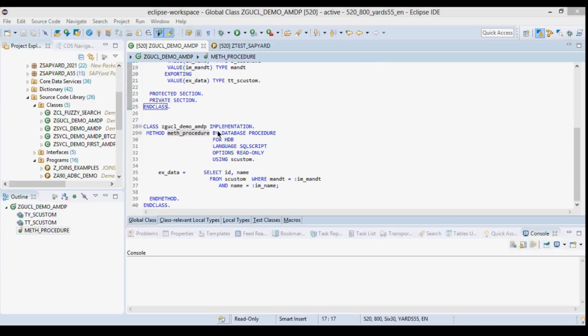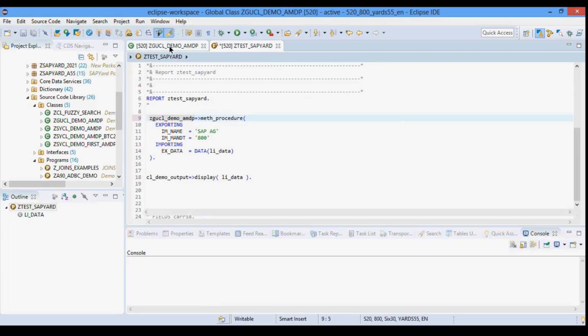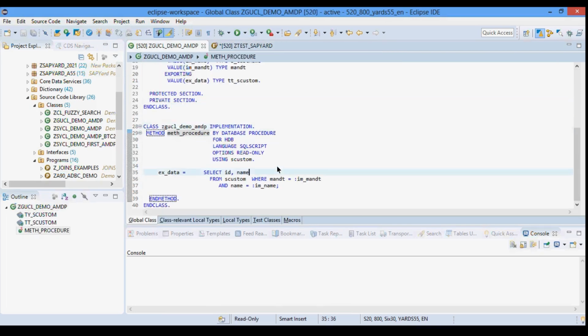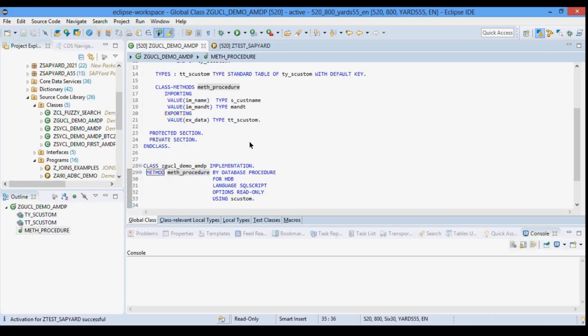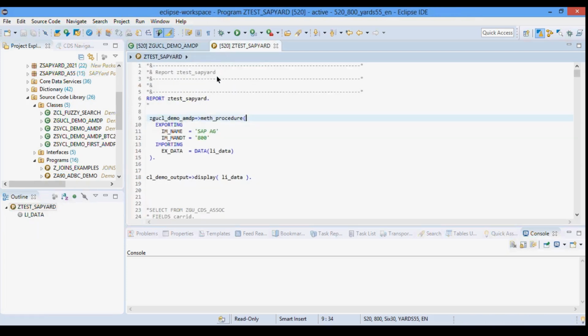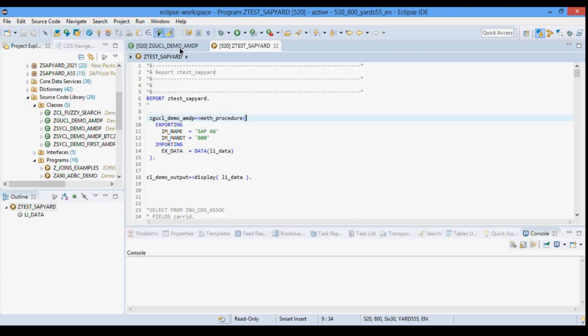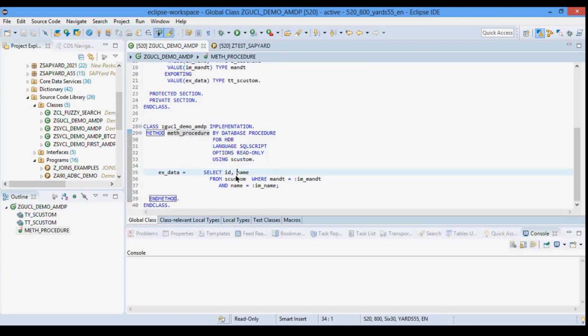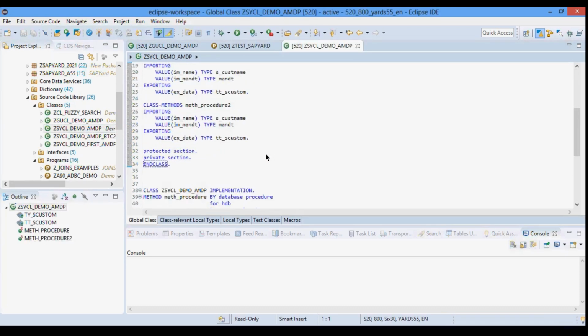Here, if you see, I have created this particular AMDP. This is my method_procedure, and I am fetching from S custom only.